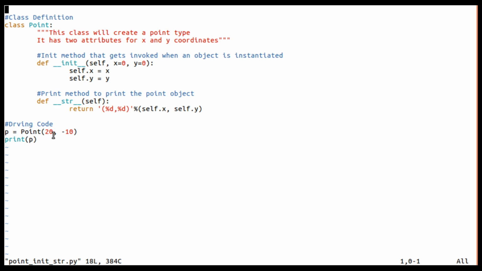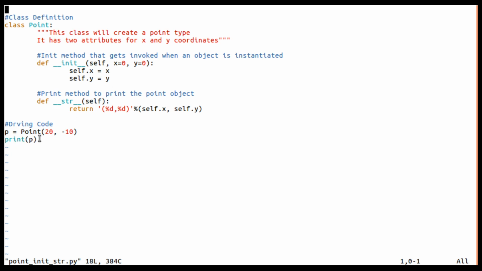Look at this, dear students, we have not called init explicitly. I am just going to create directly Point(20, -10). So obviously, automatically it will call the init method, and it will initialize 20 to x and -10 to y. Here self.x will be 20 and self.y will be -10.